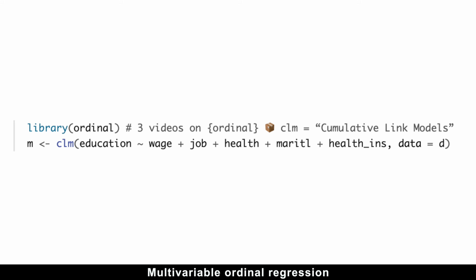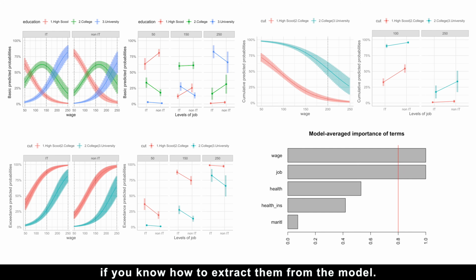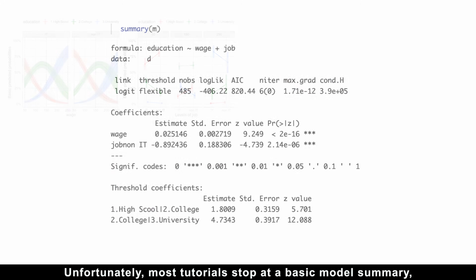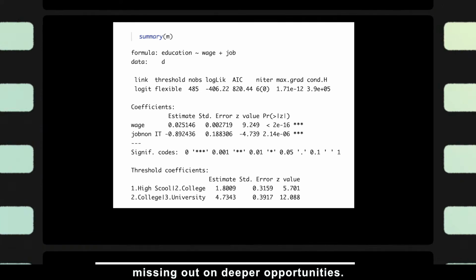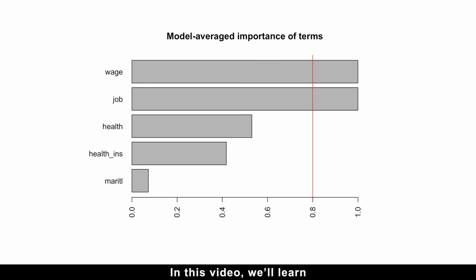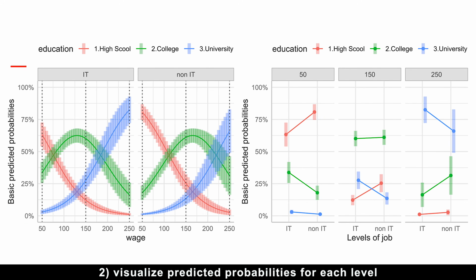Multivariable ordinal regression offers a lot of valuable insights if you know how to extract them from the model. Unfortunately, most tutorials stop at a basic model summary, missing out on deeper opportunities. In this video, we'll learn how to select the best predictors for an ordinal model, visualize predicted probabilities for each